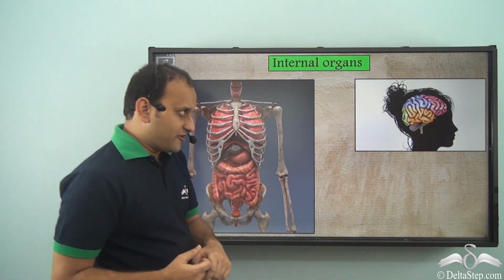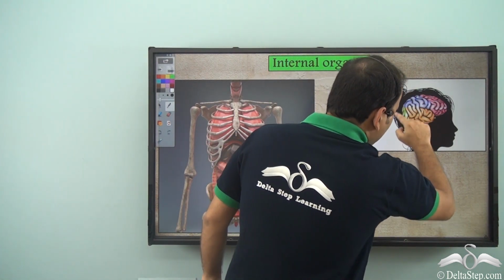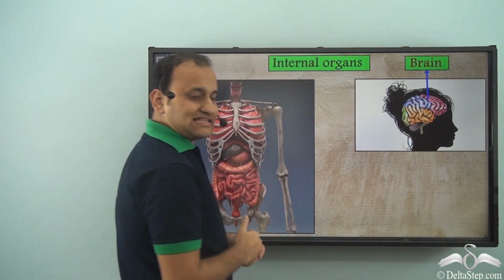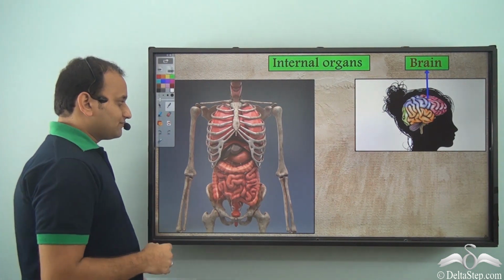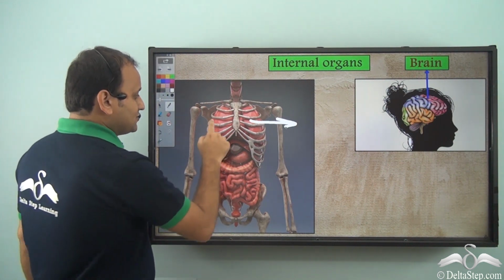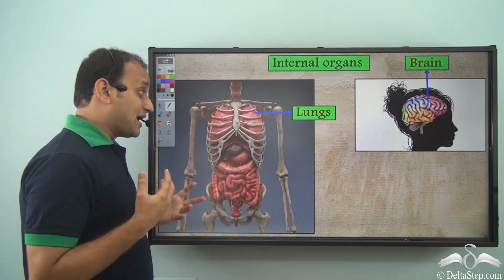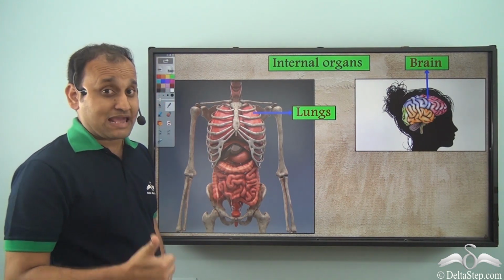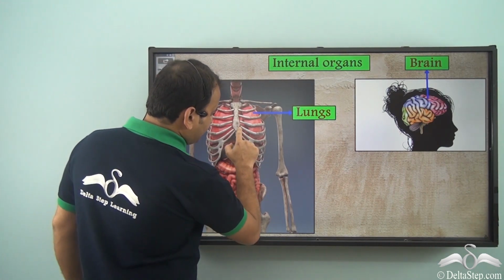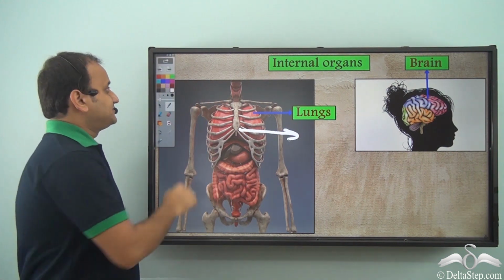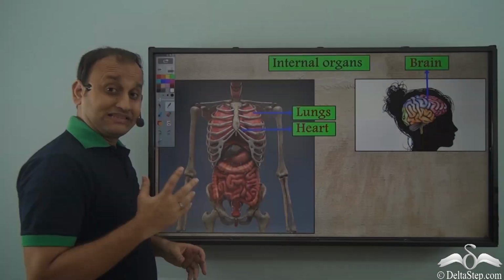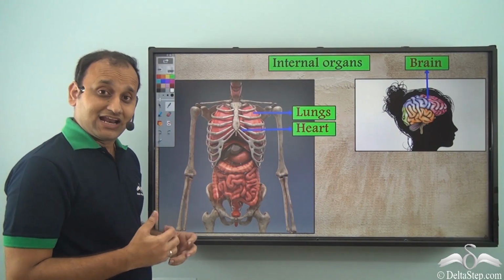So, which is the first thing at the top? Here. It is the brain, isn't it? So we have the brain located inside our head. Now, here in our chest, this is the lungs, isn't it? So here we have the lungs located. And apart from lungs, what is the next organ which is a very important organ and is located inside the chest? Well, you can see a small part of it from here. This is the heart. So heart is located along with lungs, in fact just behind them. So these are the two pump-like organs in our body.